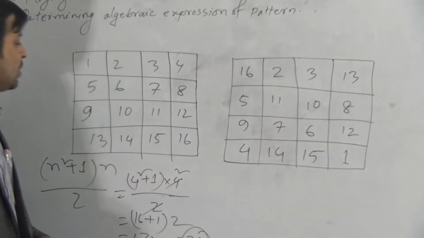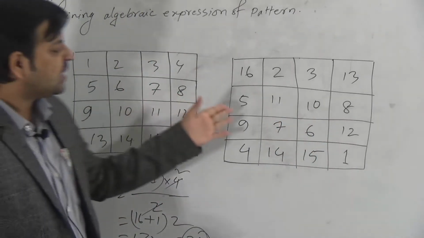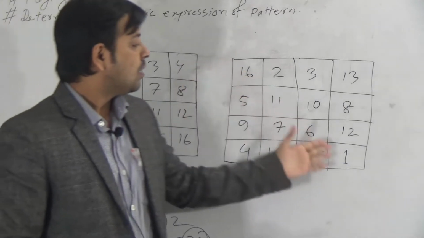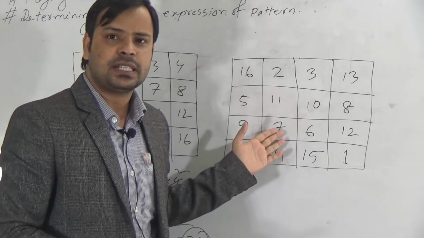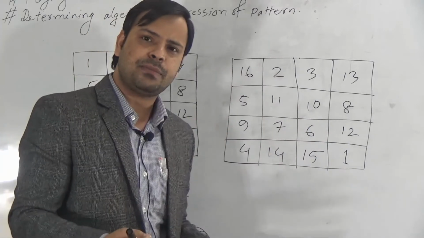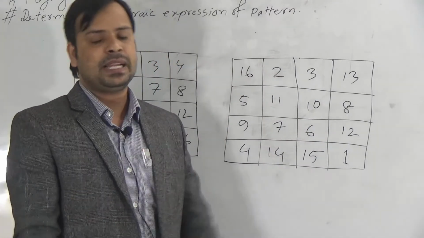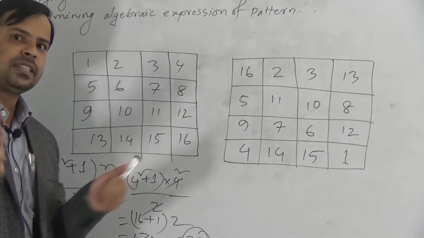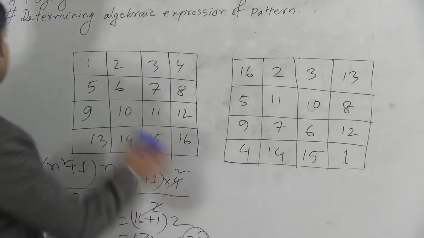Okay, dear students, so just in this case you need to remember that if you just write the diagonal conversely without changing other numbers, you will get the magic square. Okay, dear students, I hope you have understood the magic square of order 3 and 4.